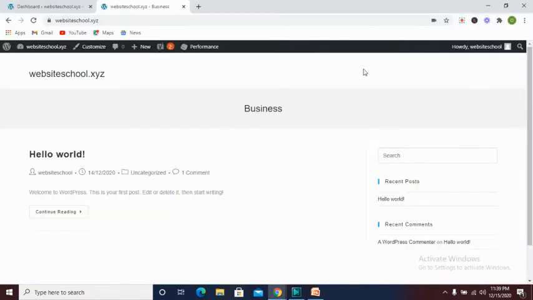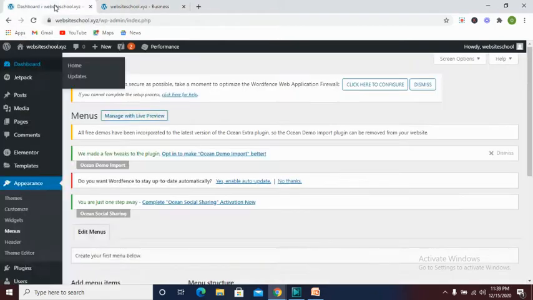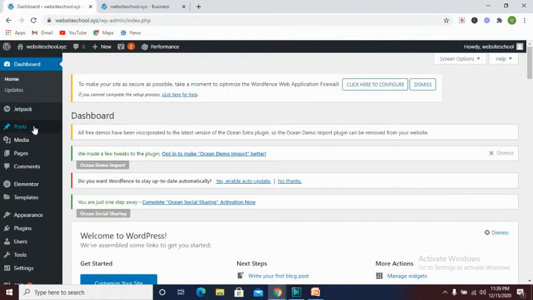Let's get started. To do this, let's log into our website. Now this is our website. As you can see, we don't have a menu bar. Now to add this, all we need to do is to go to our dashboard, our back end, and then